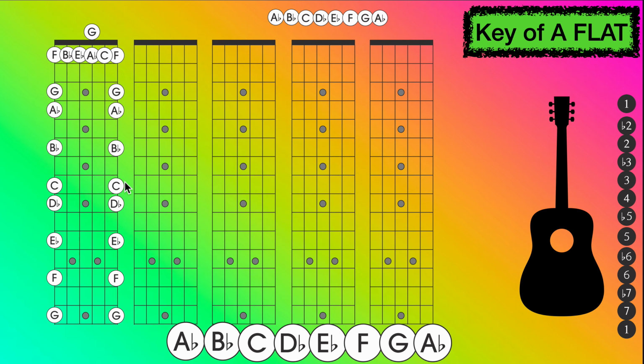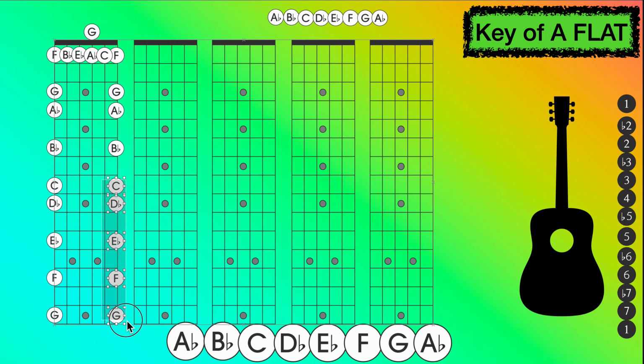So building on the rest of the scale is pretty easy here. We've got our C, D, E, F, G, A flat, B flat, and C, and then F, G. Copy all this: A flat, B flat, C, and